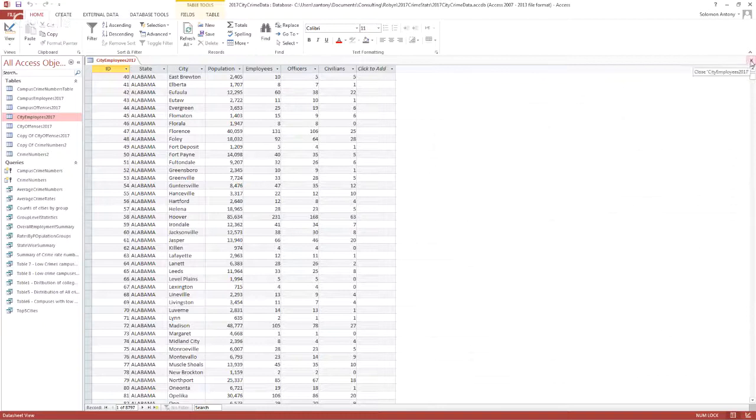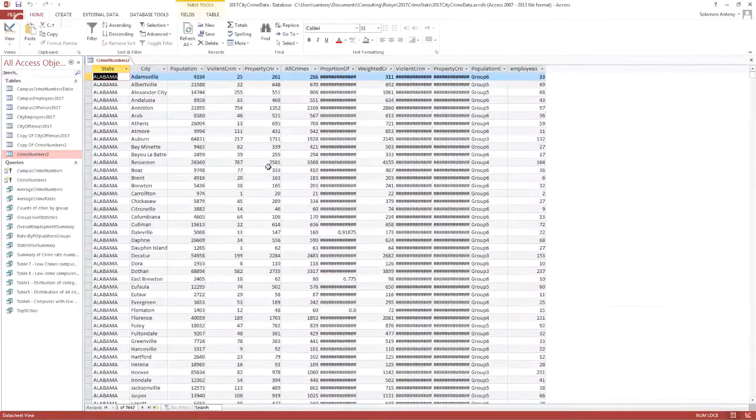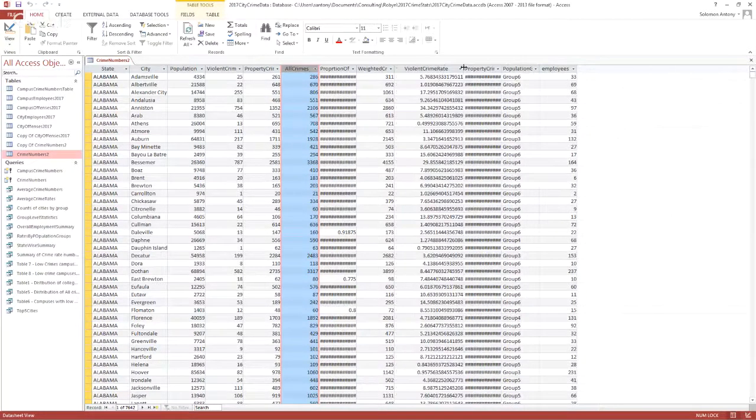All right. So then what I did was to combine these two, and also calculated some additional variables. So we got population, violent crime total, property crime, all crimes, simply a combination of property crime and violent crime. And then violent crime rate, which is basically total number of violent crime divided by population times 1000.